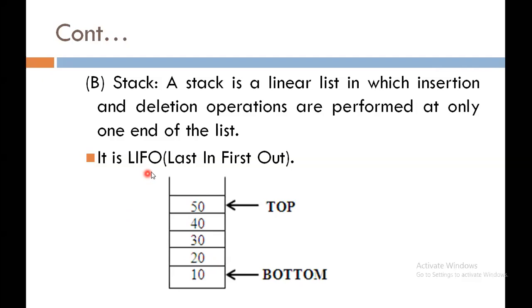After that, 30 comes, then it is stored above 20. After that, 40 comes, then it is stored above 30. And then 50 comes. Okay. Now, the top element is represented by one pointer variable, which is called top, T-O-P, top of pointer. Now, if we perform a delete operation, meaning remove any element from the stack, then the last element is removed first.